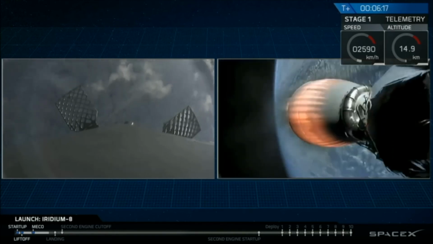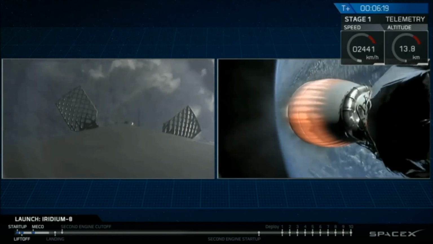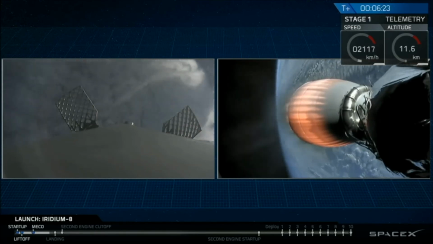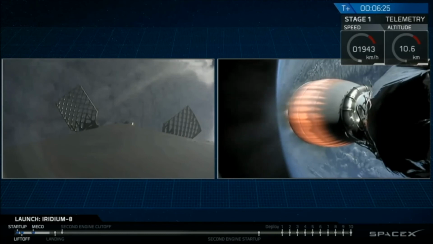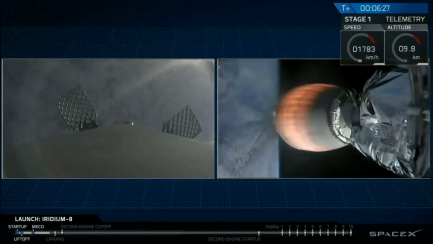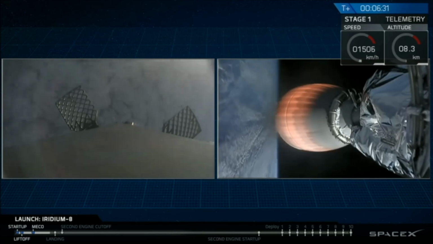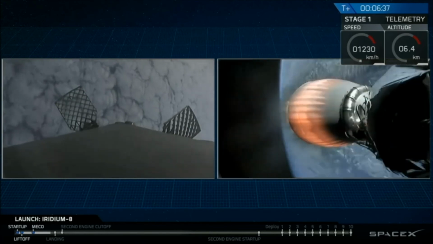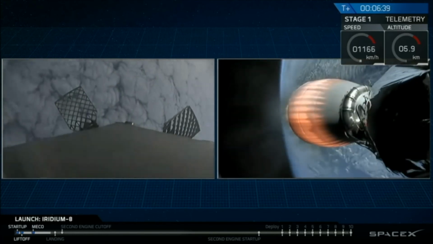We're less than a minute until the third and final landing burn, followed by touchdown on the drone ship. You can see the first stage descending back down through the atmosphere as it's coming up on the cloud deck. Now, as a reminder, we may lose live video coverage on the drone ship as the engine exhaust degrades the radio frequency signal. If that happens, we'll share status updates on the first stage as they become available.